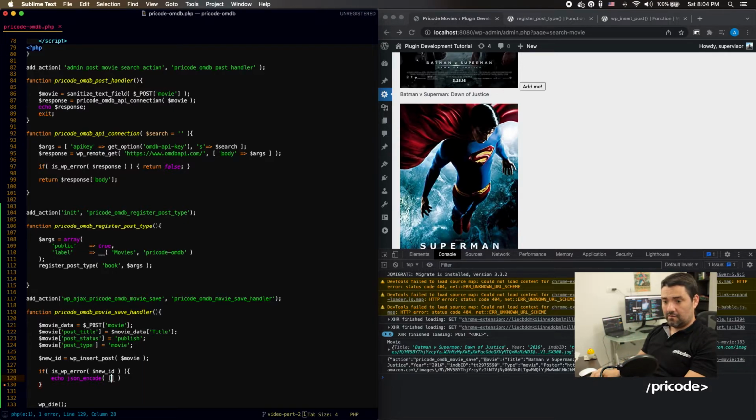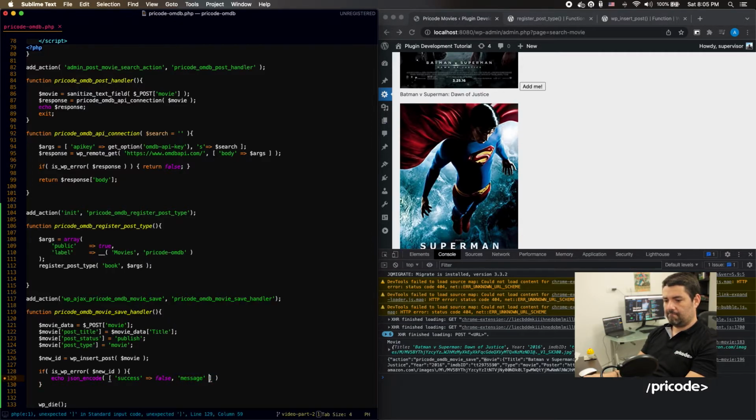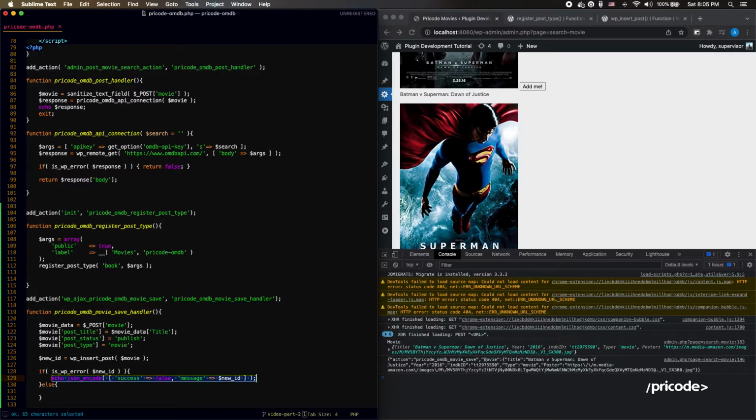Okay, so this is going to be something like an error. This is true. No, success. It's going to be false, and it's going to send a message. Let's see what we get here, and it's going to be new ID because it's the variable that we have already returned, and else is going to be this echo JSON success true,